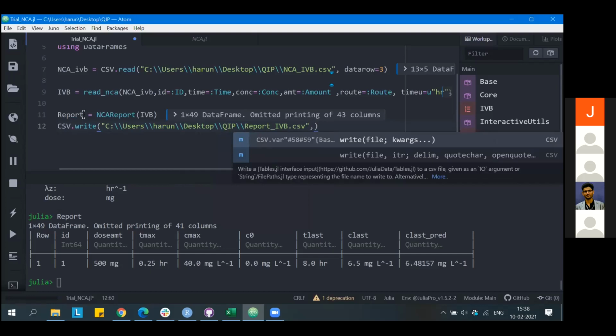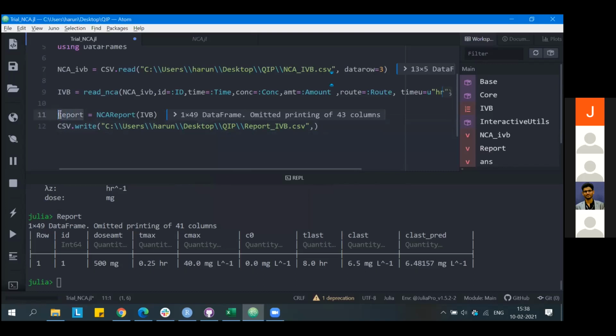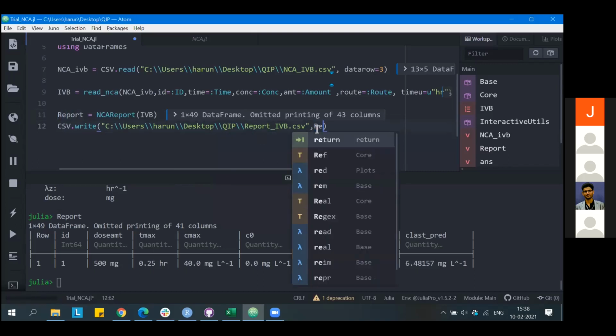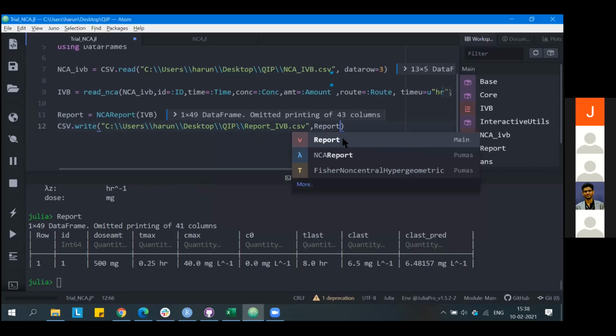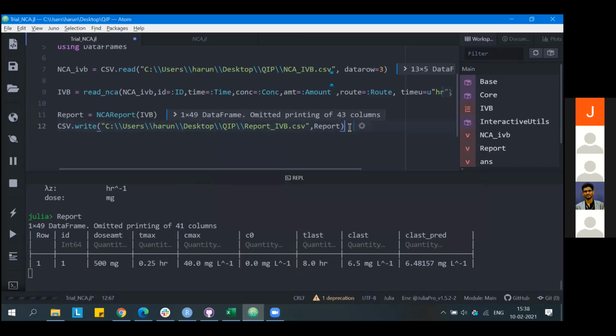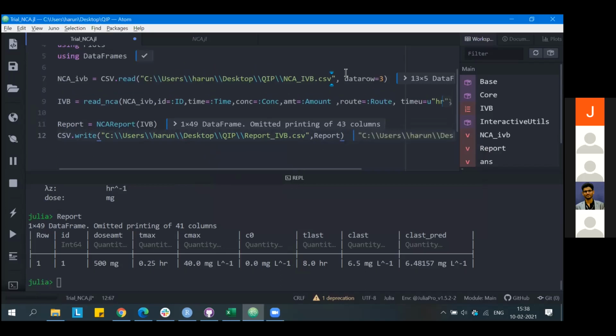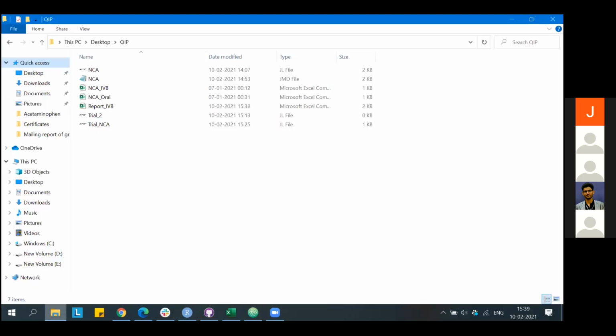The report is assigned with the name report, so I'll mention the report and execute it. So the same process: I have just given the file path with the name for the file, that is report_ivbolus.csv, and use this data frame to export. So now it is exported. If we see here, it is exported and saved as report_ivbolus.